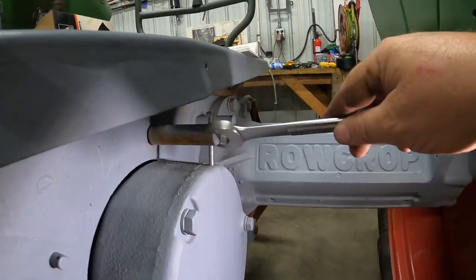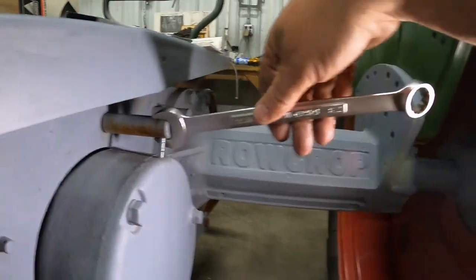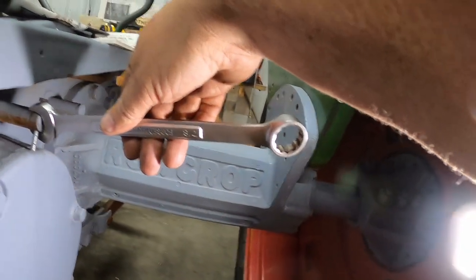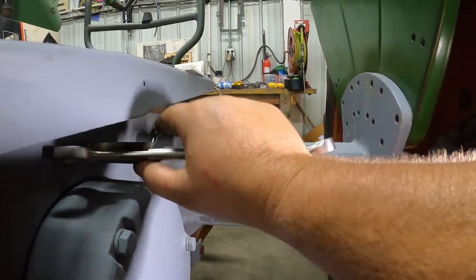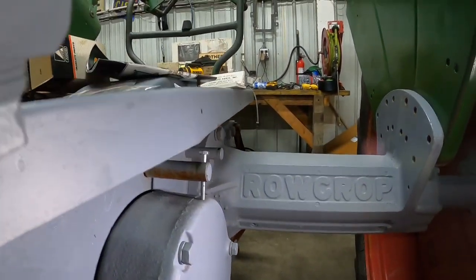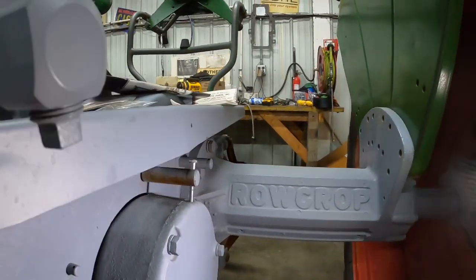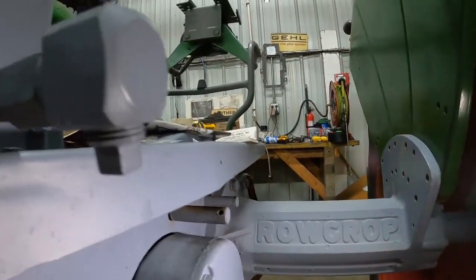But to break it free, here's what I did. I took a 7/8 end wrench, put it over the shaft with a bolt there, and stuck a punch through the other end of the wrench. First I turned it the normal way because I was thinking it was right-hand thread, and it turned but got a little tighter. So then I went the other way and she broke loose. And I can take this right out,